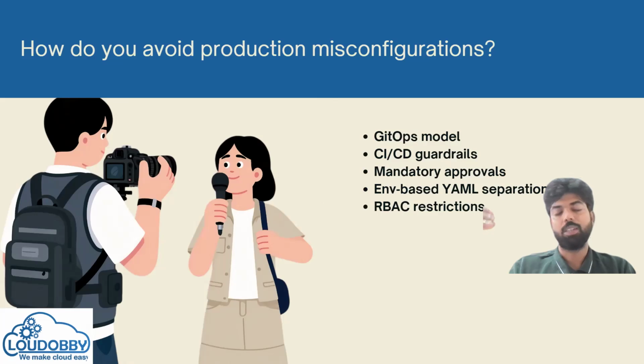Then mandatory approvals, where PR approvals we discussed, right? PR approval and this kind of approvals are in place for protecting the dev branch. Environment-based value file separation, so that your dev and your production are not in the same files. Rollback access control restriction, like one peer approver or one lead approver plus one DevSecOps approver. So the DevSecOps team knows that this particular change in this file is going to be refreshed. So you can say we have two levels of approval. These are the things where you can avoid misconfiguration and production outage.